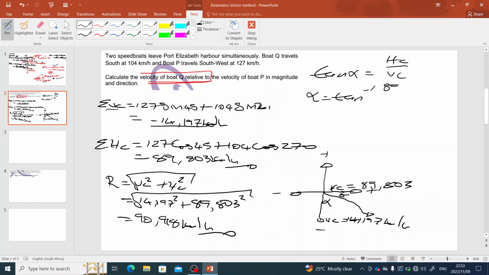Horizontal component, it is 89,803 divided by 14,197. Then we get our answer as the inverse of tan of 89,803 divided by 14,197. I get my answer as 81,016